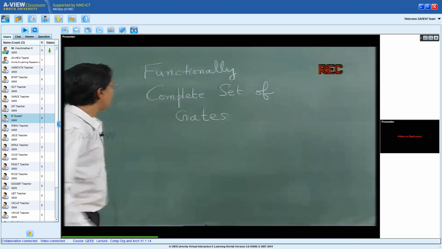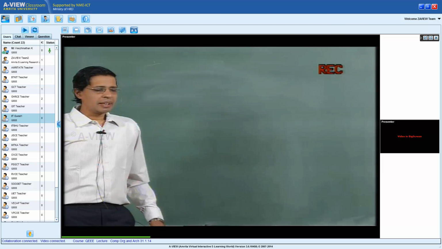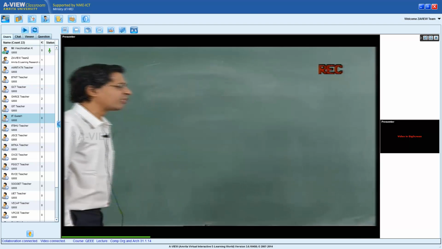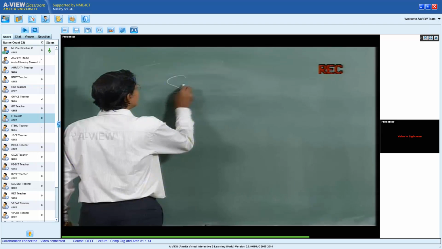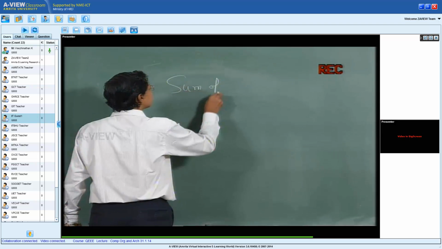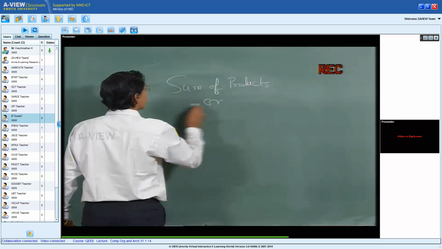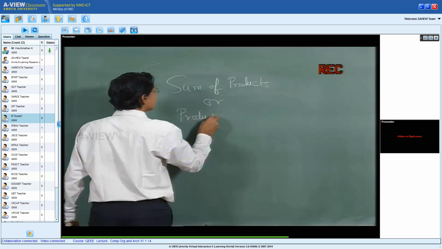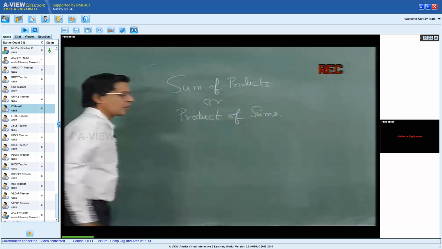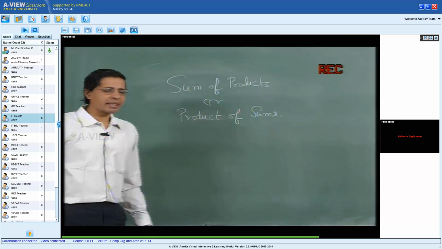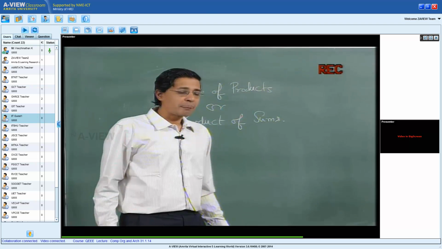So any logical function, any Boolean function can be expressed either in terms of sum of products or product of sums. Once I have a sum of product or product of sum representation,